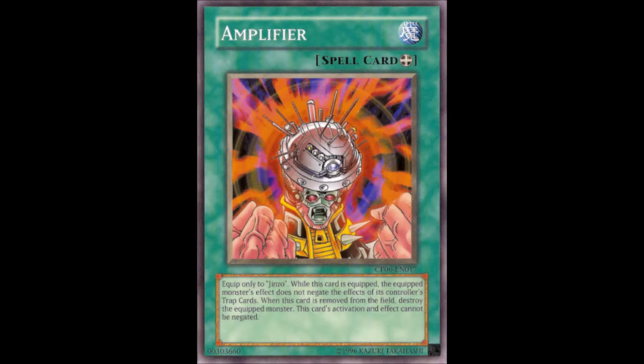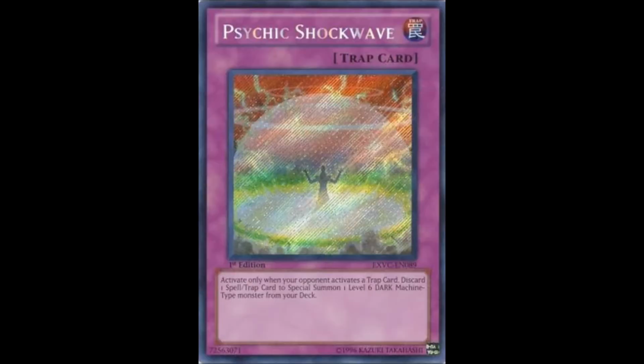it's not important right now, but anyway, it's very worth running in Jinzo decks because it's even searchable by stuff like Hidden Armory or Power Tool Dragon if you're rebuilding a Synchro variant, which is very popular since Jinzo is a level 6 and you can plaster it with Unknown Synchron for an easy level 7. So yeah, good card. And for their final card, that being their first and only trap card, their normal trap,